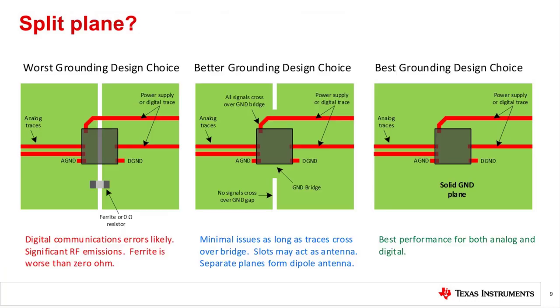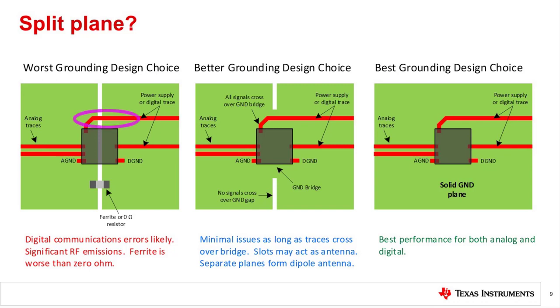This slide covers another common PC board layout error. Some engineers will create a separate analog and digital ground plane in order to avoid corrupting the sensitive analog with crosstalk noise from the digital communications. Frequently, the two ground planes are connected together at one point near the ADC with a 0 ohm resistor, inductor, or a ferrite. This approach was widely promoted 30 years ago. It turns out that in general this is not a good approach.